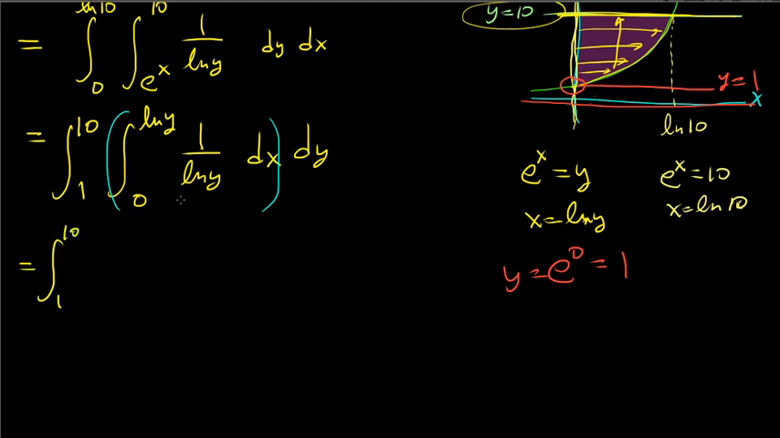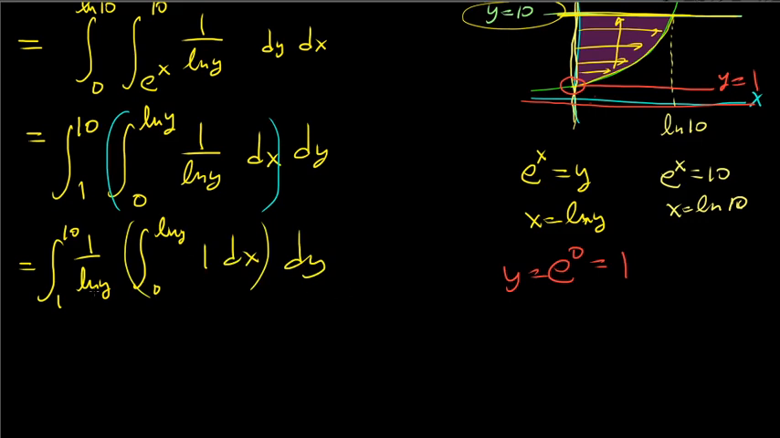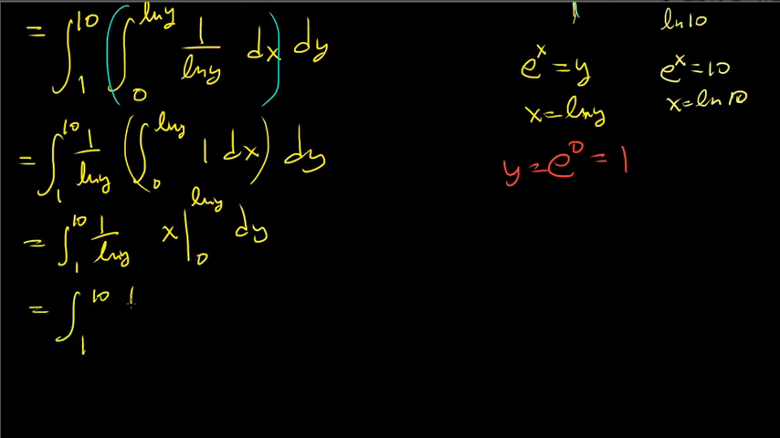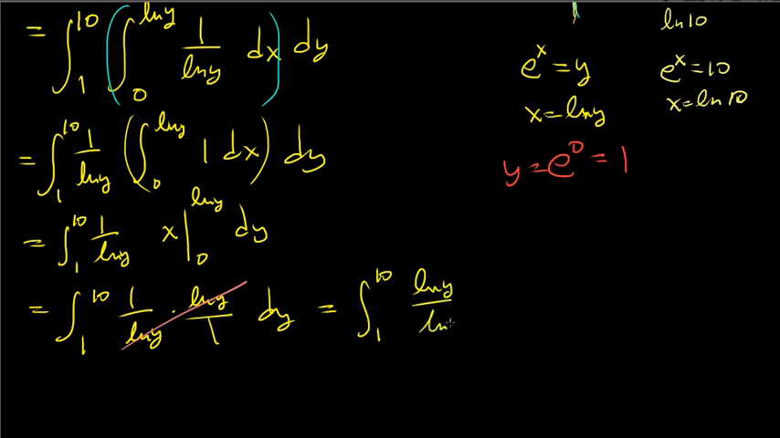Okay, well remember, this is the integral with respect to x, so we can take the 1 over log y outside and just integrate 1 dx, and that's just x, evaluated between 0 and log y, which is just log y minus 0. So we have 1 over the natural log of y times the natural log of y minus 0, over 1. Well, that's convenient. Log y divided by log y is 1. They just divide out. So our final integral here from 1 to 10 of 1 dy,